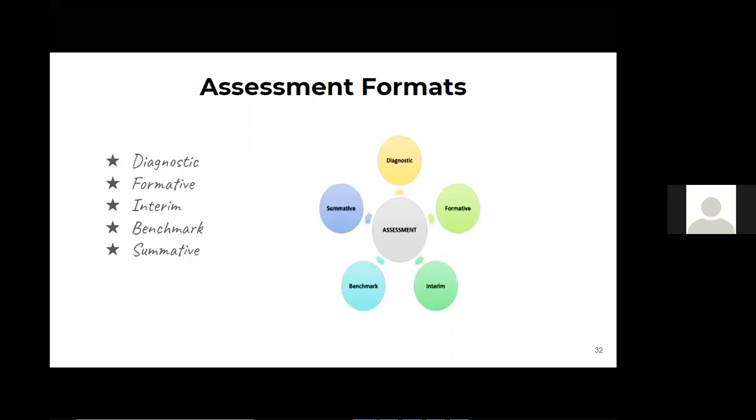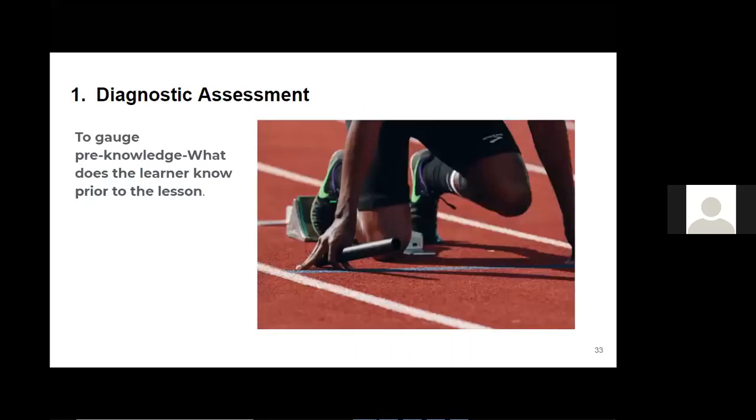Then for summative assessment, we say it is assessment of learning, not for learning, at the very end. Things like end of term exams, KCSE exams, KCPE exams, are all examples of summative assessment.